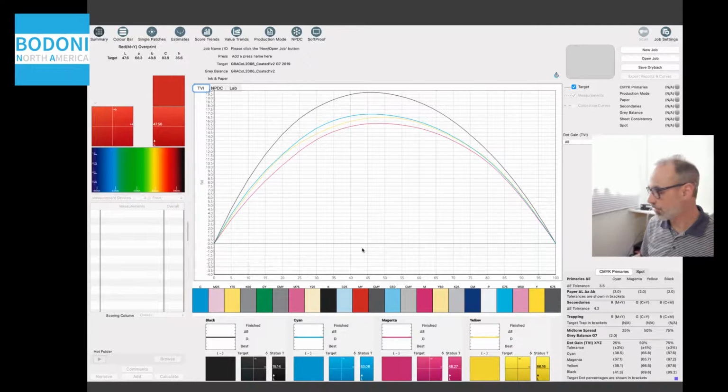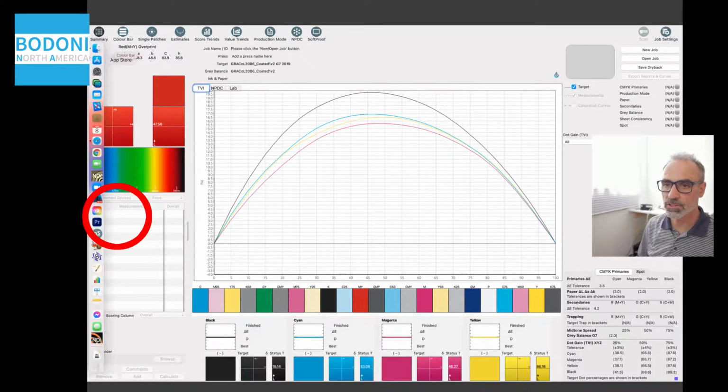So in pressSIGN, we have a new feature, and that feature comes under this single patches area here up in the top corner. Hopefully you'll see the icon just there. In fact, what I can potentially do is show you that icon. If I just drag over the icon, it's that single patches icon right under that red circle. That's really what I want you to be looking at. It's that button that we'll be clicking on. So if I click on that button,